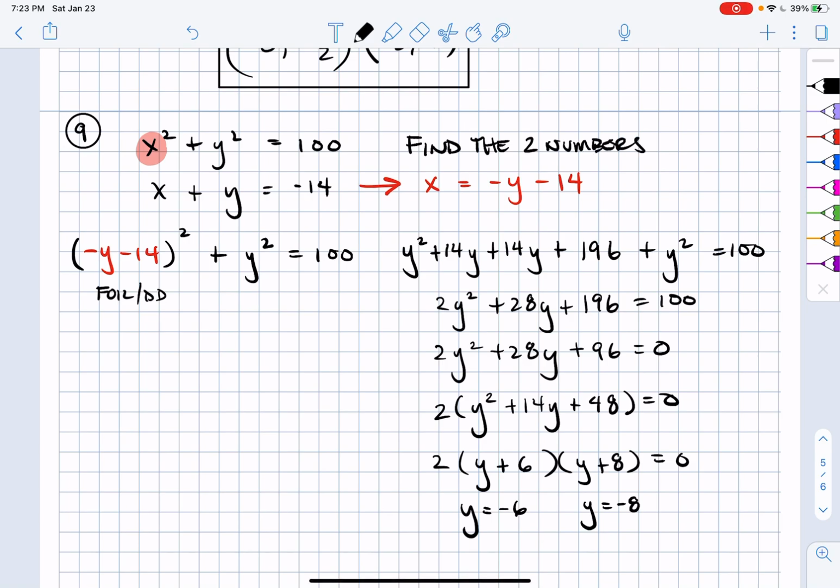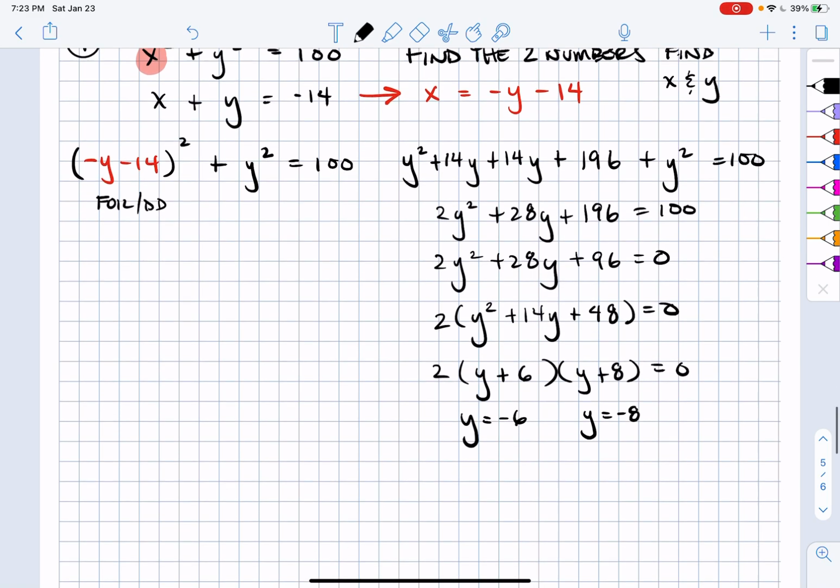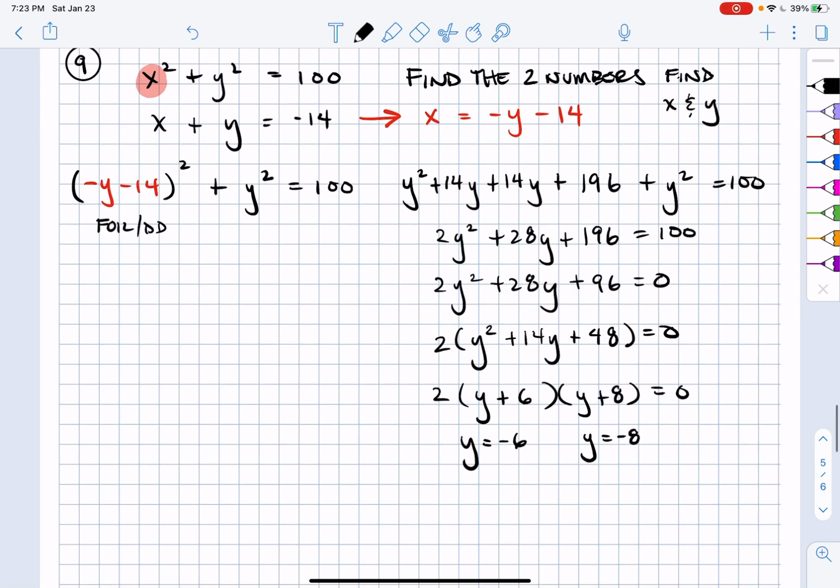So that means I gotta find x and y, right? All right, so if I'm only finding x and y, I don't actually have to put it all back in, right? Because if y equals -6, then x has to equal to